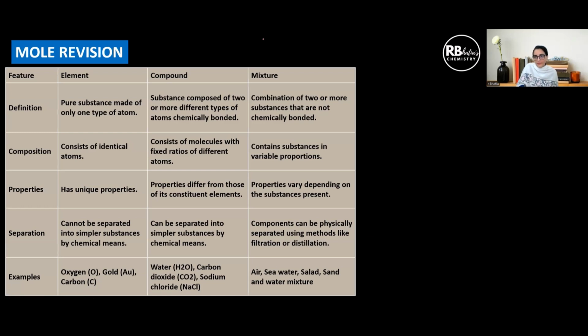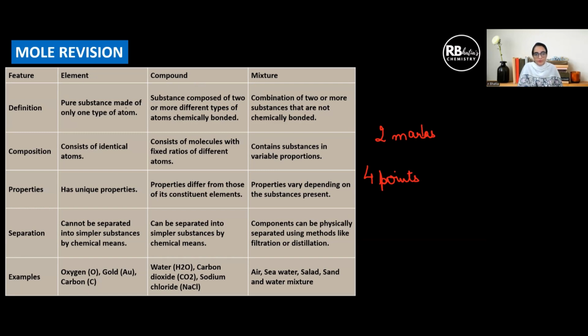Now, from examination point of view, the question that you can be asked is, they can ask you to distinguish between elements, compounds, and mixtures. So here I have classified, you can take maybe a screenshot or take down notes to write down the differences between. Most of the times, a question which asks you to differentiate maybe elements and compounds or compounds and mixtures is generally a 2 marks question. And if you get a 2 marks question, that means you're supposed to give four important points. Four important points which mention a different aspect. Okay, do not use the same point and use different set of words to explain that.